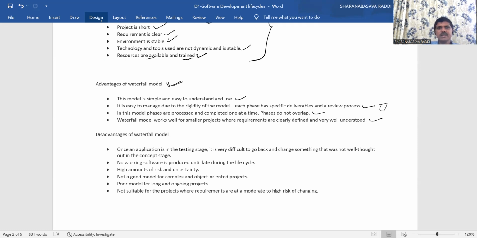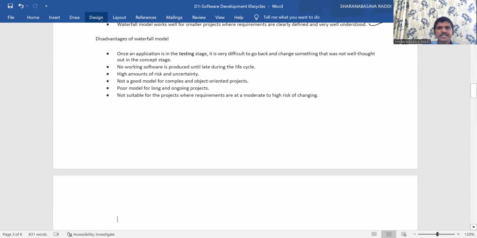Okay, so these are the advantages of the waterfall model. Next, we'll talk about disadvantages. As you know, each and every model, each and every technology, each and every process will have its own limitations, right? So the waterfall model also has some shortfalls, or we can call them disadvantages or limitations. First one in that is,